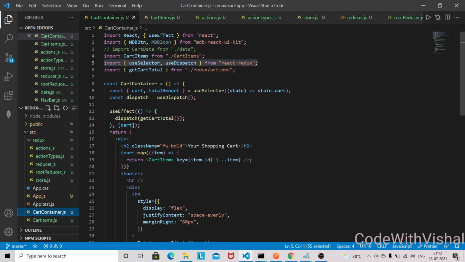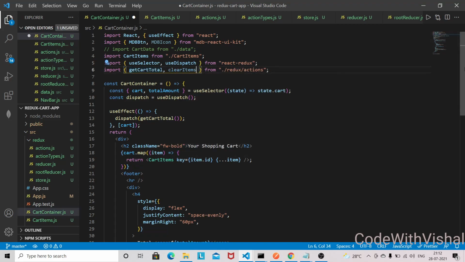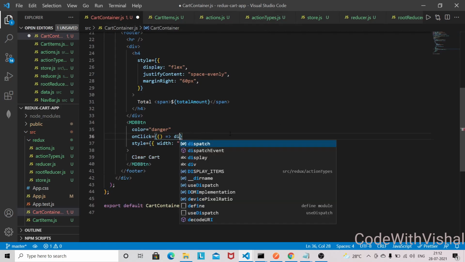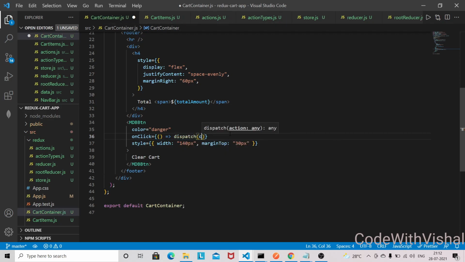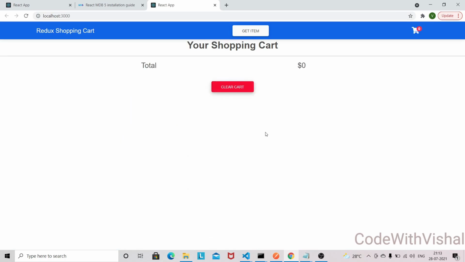Sorry, here we have to use it, and we have to bring that action here. So clear items, and we can dispatch, instead of logging we can dispatch that action. So clear cart items. Okay, let's click on this one, clear cart. So we are able to remove all the items from our shopping cart.